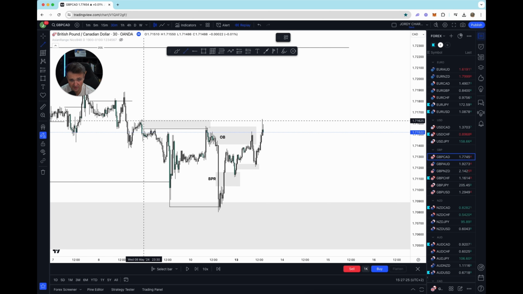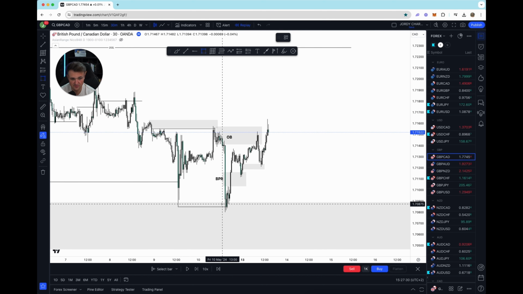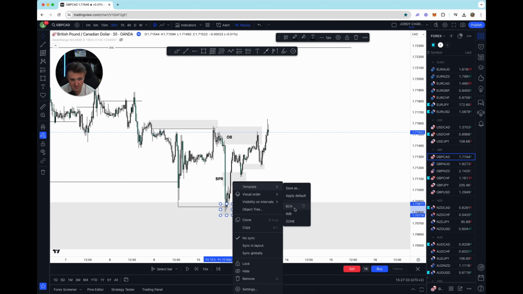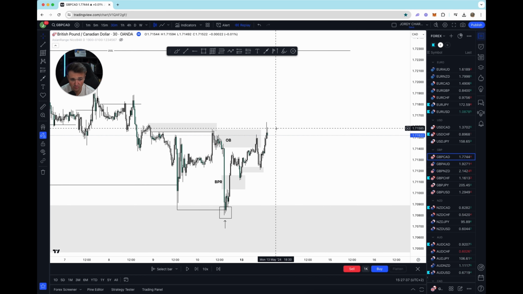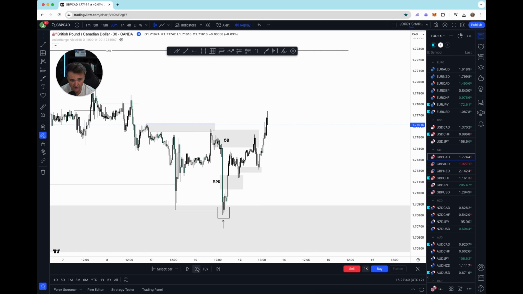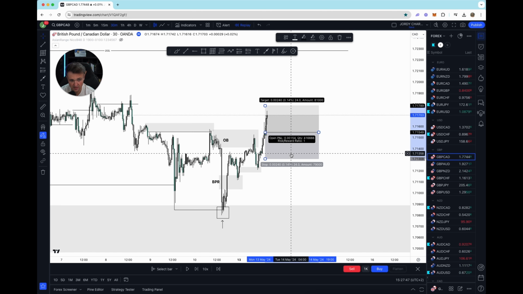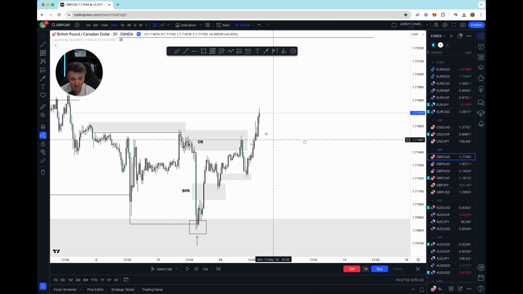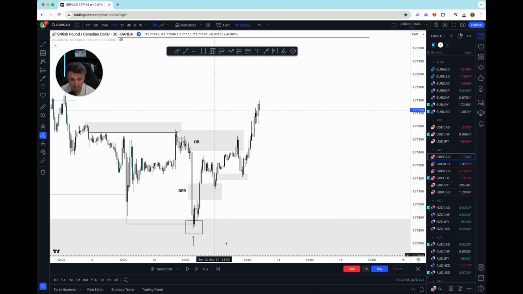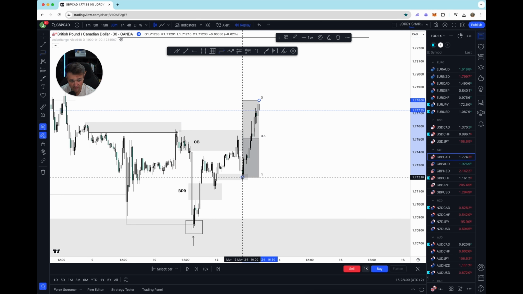So we break above it. Well, you could say we're sweeping some liquidity, but to me, it doesn't make sense because we've swept liquidity over here. This is a very strong point in the market where we are into our discounted price range. So not too worried about this. If you are worried, you can wait a bit longer, and this is a bit cleaner. So depending on how fast you want to trade, you could have taken a market execution right here. To me, very simple. I'm just keeping it very boring. I will always look at my impulse, create premium and discounted price ranging again. So doing this, quite simple.